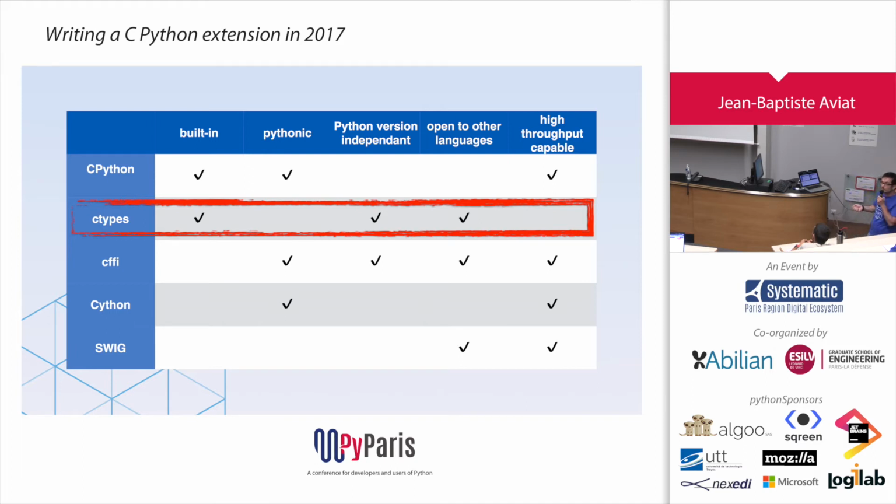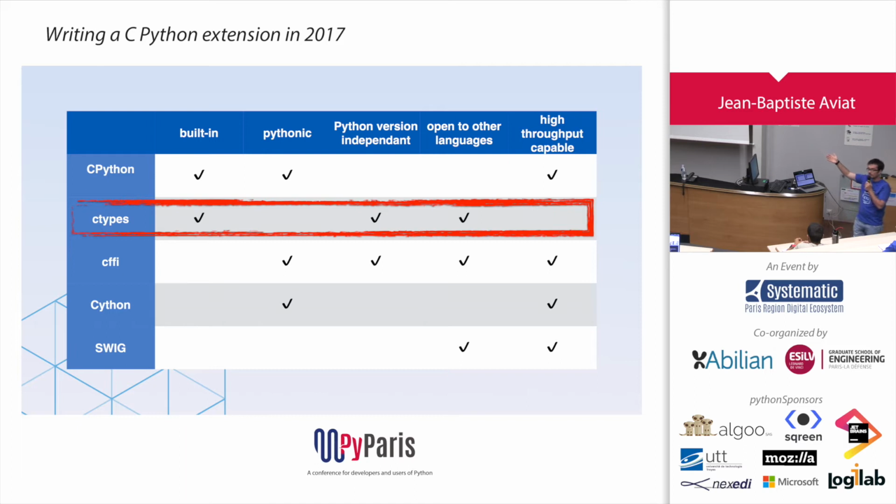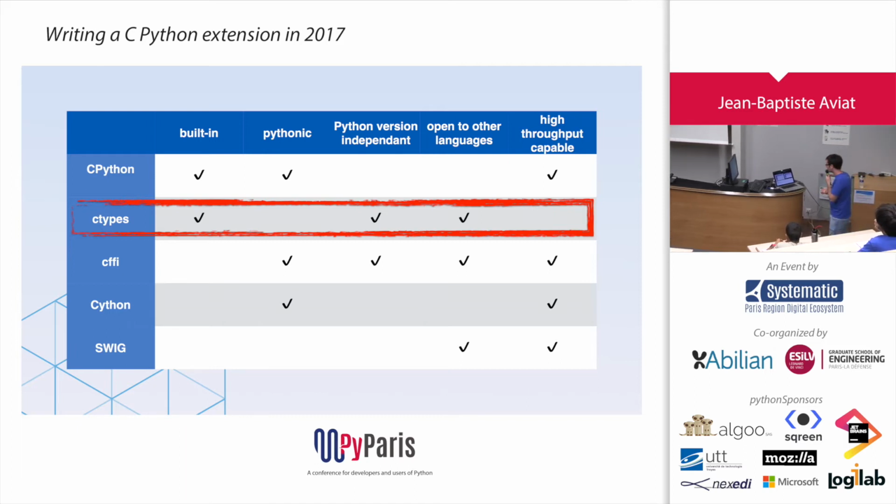If you apt-get install python-dev, you will get all the Python headers. Each time you develop Python and compile a Python extension that uses the CPython API, it will use the Python headers, and it will work like that. So it's built into Python. That's a very good point. It's very Pythonic because it's the Python API, so it's very easy to use as well.